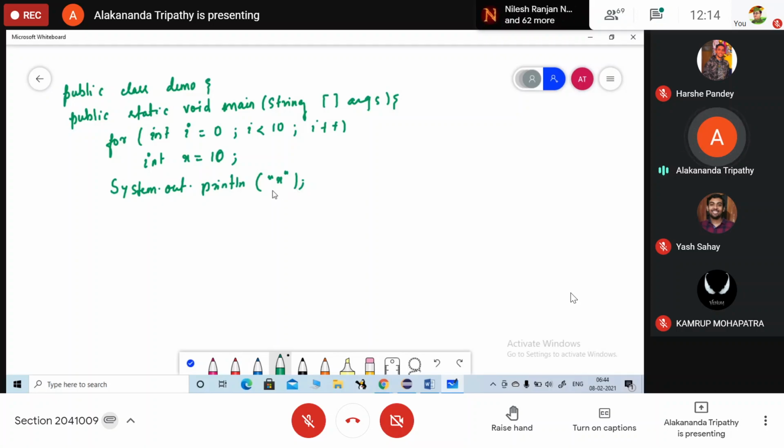So here what will be the output? And x is inside inverted commas.